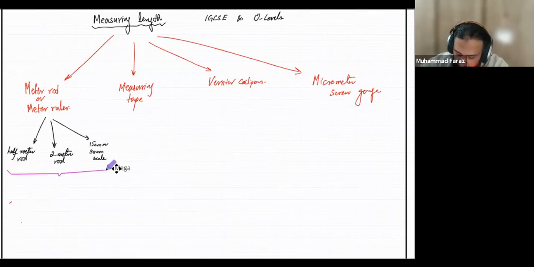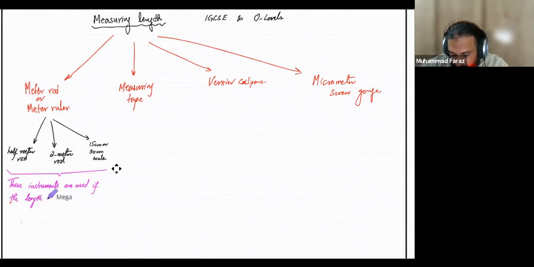These instruments are used if the length of the object under observation is within the size of the scale,